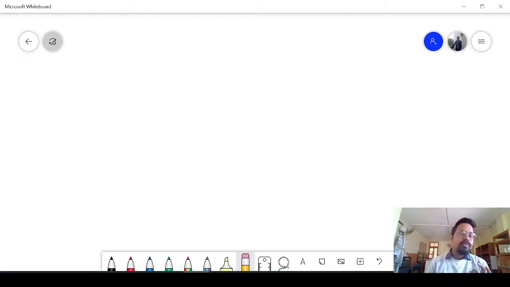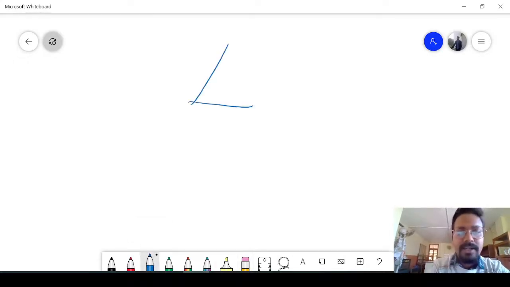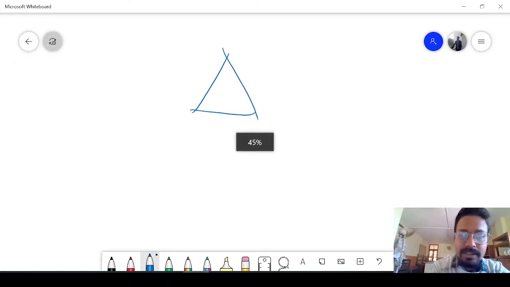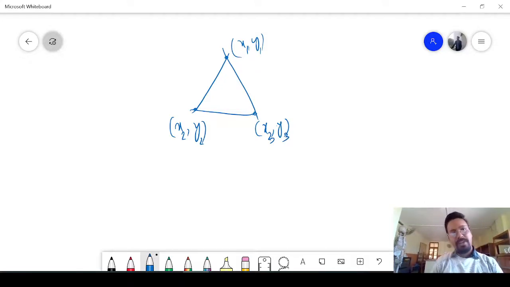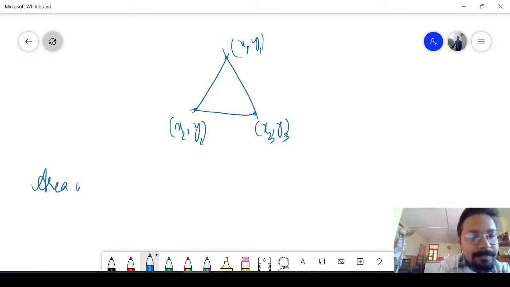So in order to find the area of a triangle, suppose I have a triangle here and I want to find the area of this triangle. Now I need the points, these points, the vertices. If I know the coordinates of these vertices, then I can find the area of this triangle. So let us have three coordinates x1 y1, x2 y2 and x3 y3 as the three coordinates of the three vertices of a triangle. If we know these three coordinates, then the area of the triangle is given by